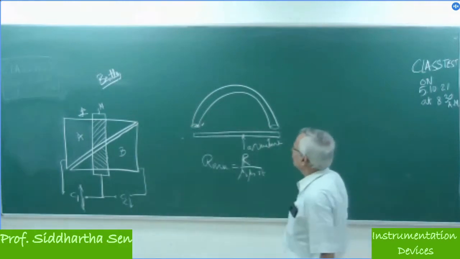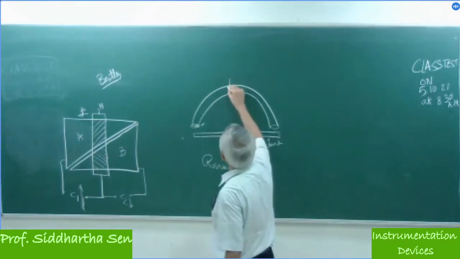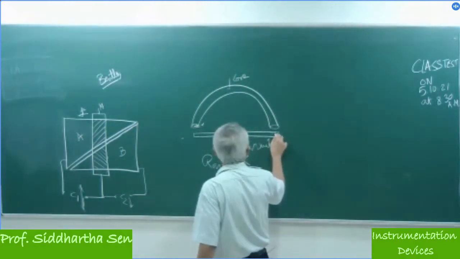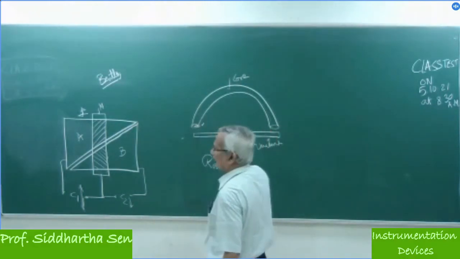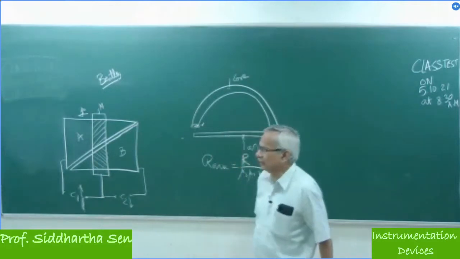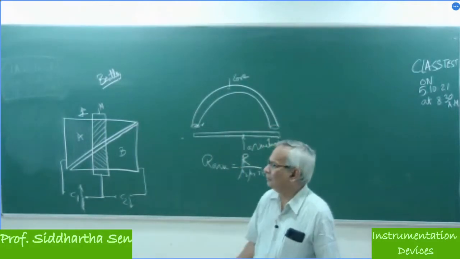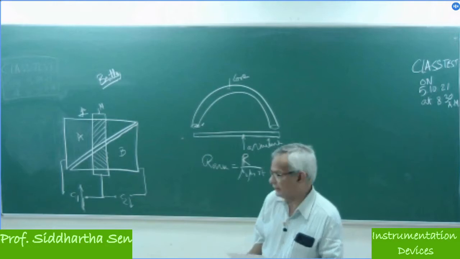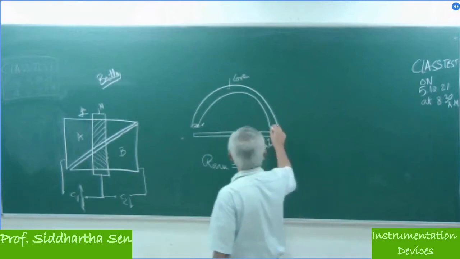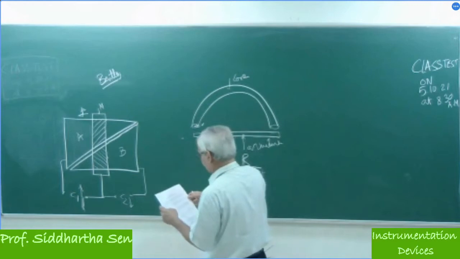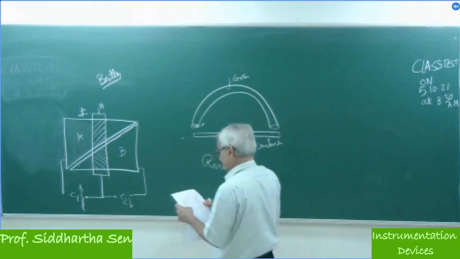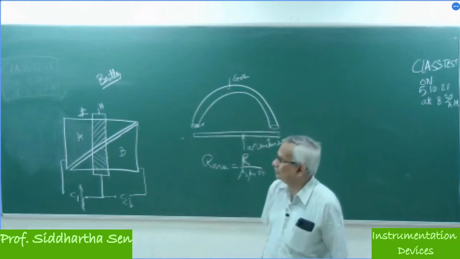So in this case what we need to do is that this is your core. So it's the reluctance of the core plus the reluctance of the armature plus the gap in between. All the reluctances have to be added up. And here you only have to estimate the inductance. If the gap is 0.5 centimeter, or 1 millimeter, what would be the reluctance? Okay. Is it okay?